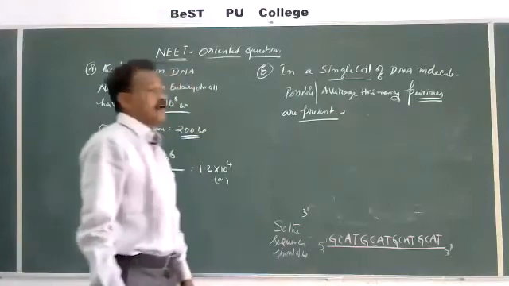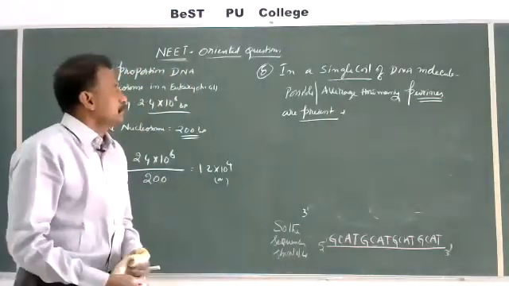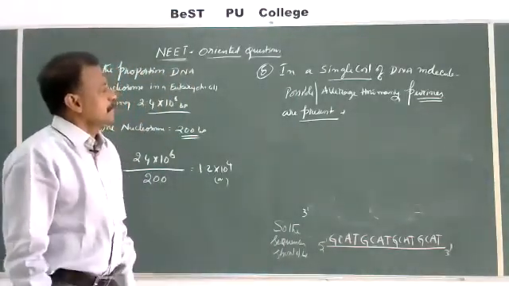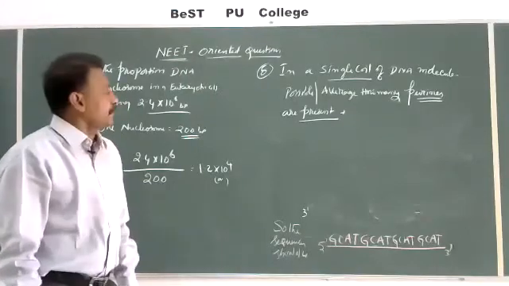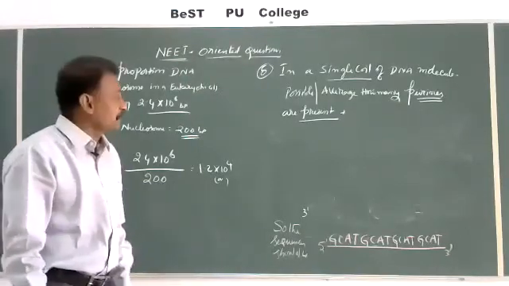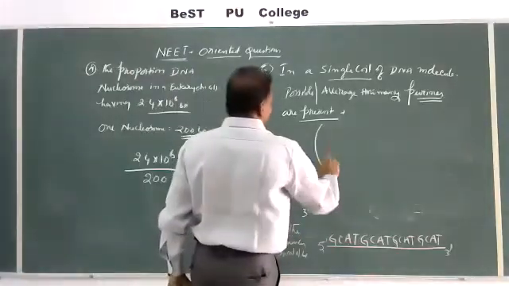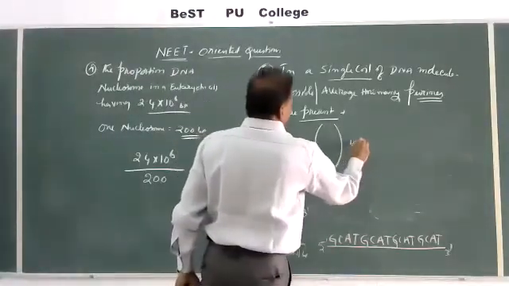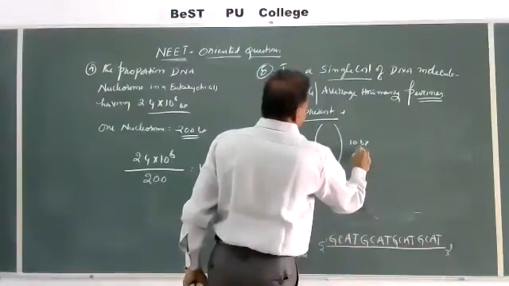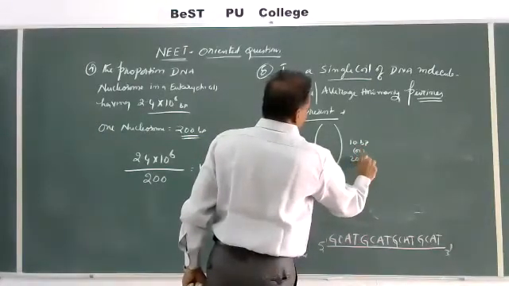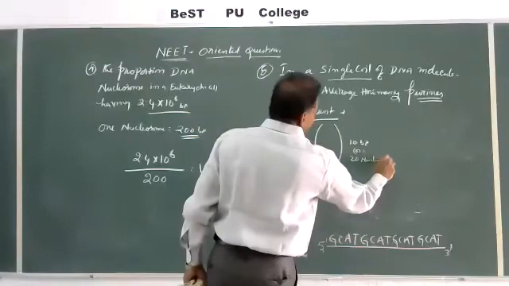In a single coil of DNA, possible or on an average, how many purines may be present? One coil is equal to 10 base pairs or 20 nucleotides, and